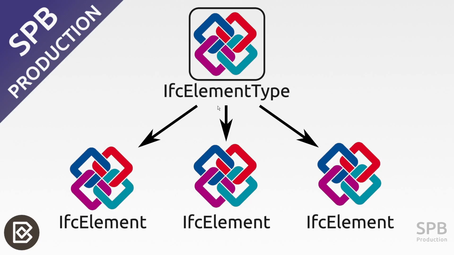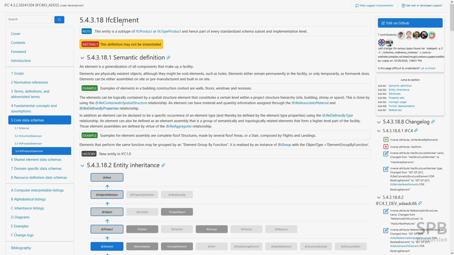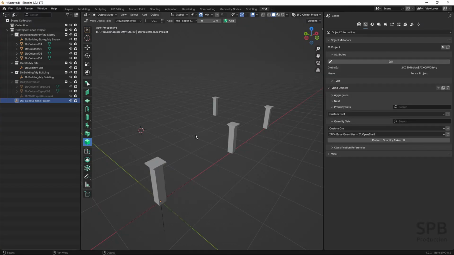You may know the type and instance concept from authoring software like Revit, where you also have types, and these types give graphical and data information to elements which are placed in your project. In IFC schema, the concept is similar, where you have got IfcElementType and you have got individual instances which are IFC elements. And to demonstrate how IFC element types work, I will use Bonsai BIM, which is a native IFC